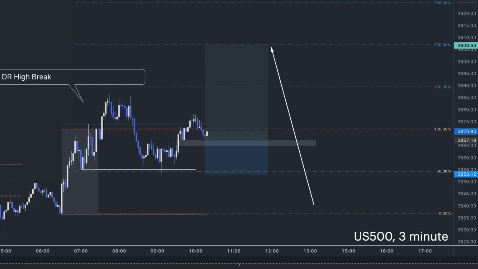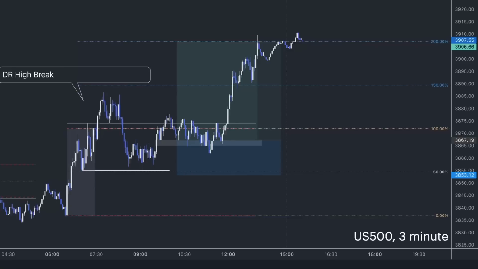We can aim for this target here, also noticing that we have this 3,900 big figure level, and this is about 10 points above it. We play it forward and we can see price goes right to target. Now, if we look a little bit closer, we can see that price worked this fair value gap a few